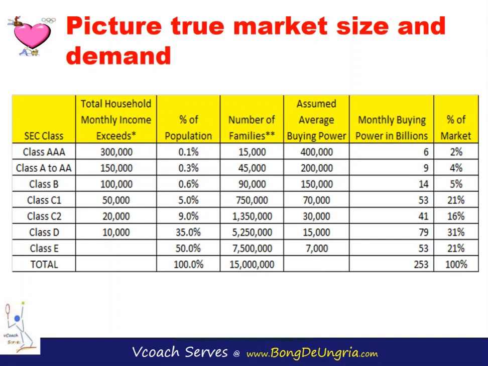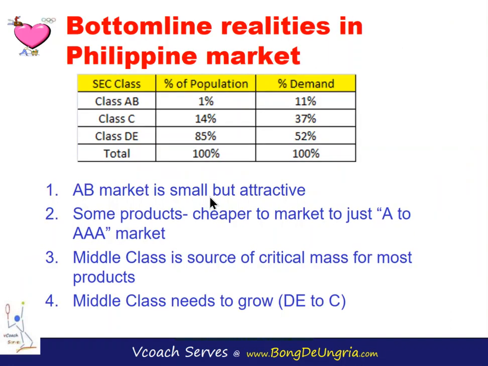Now, what do you notice here? Well, we can summarize the bottom line that Class AB is actually 1% of the population, but they account for 11% of the demand. On the other hand, Class DE is 85% of the population, but only comprise 52% of the demand. So what's the insight here? Well, the AB market is small but very attractive. They are able to purchase 10 times their number as opposed to Class DE,